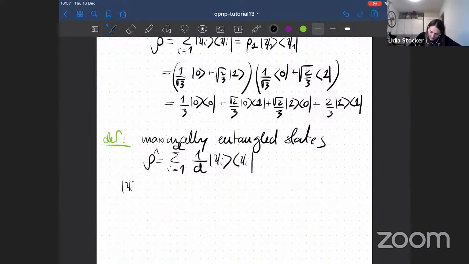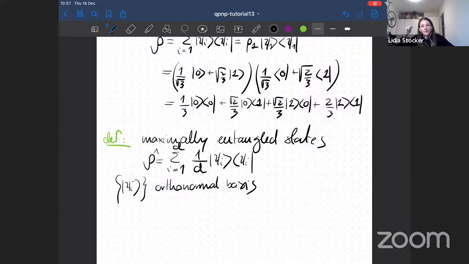With psi_i orthogonal to the orthonormal basis. So if each state of an orthonormal basis occurs with the same probability, we have a maximally entangled state. If you think about it, you have the least information possible about which state this system really is in, because it has probability 1 over d of being in state 1, 1 over d of being in state 2, and so on. If one state has greater probability than the others to occur, then we have more information about